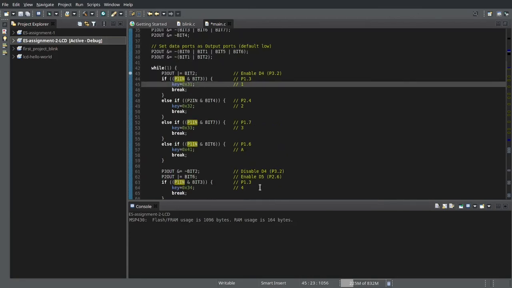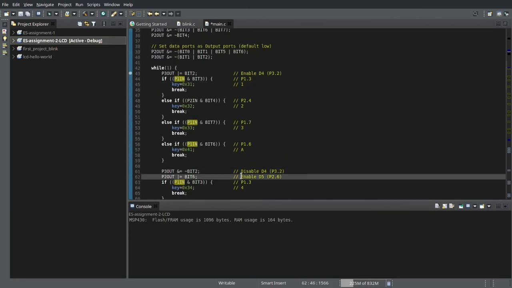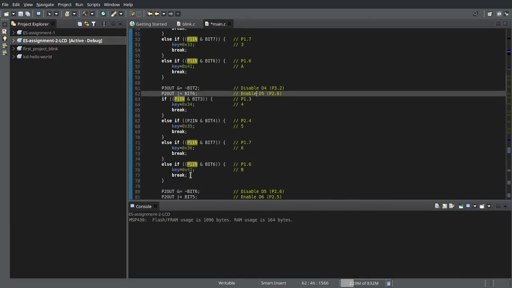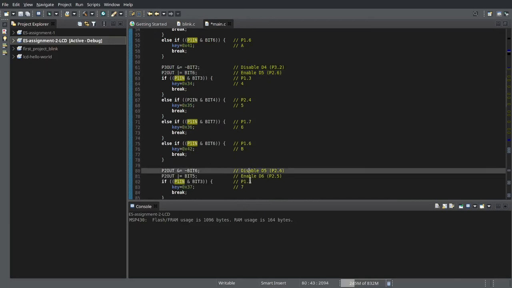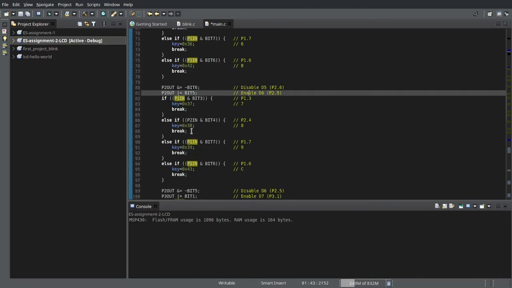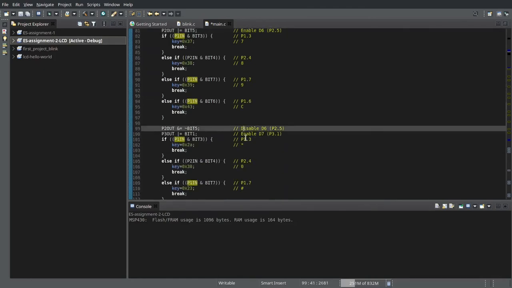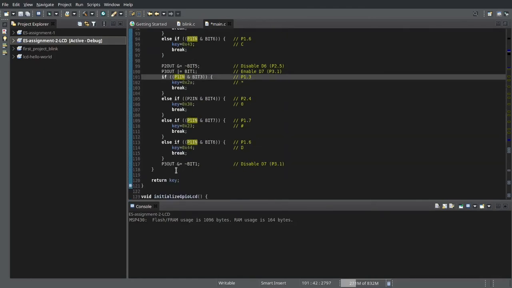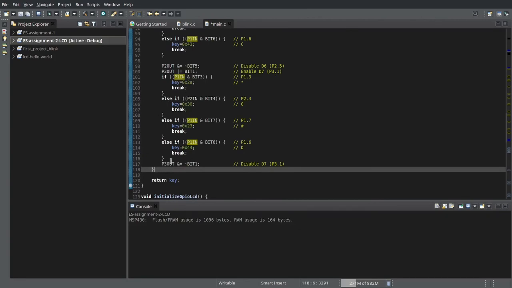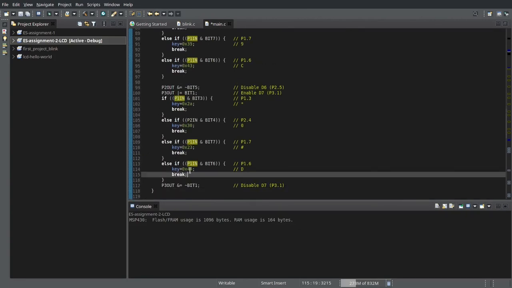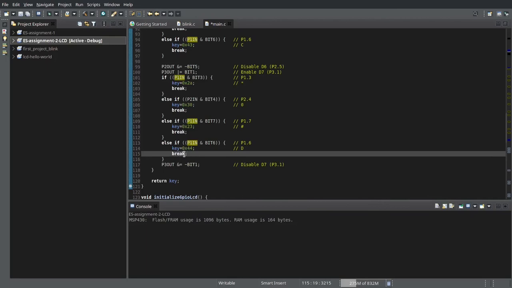After checking D4, we disable D4 and enable D5, and then again we check all the input ports. Then we disable D5, enable D6, and do the same, and then we disable D6, enable D7, and do the same. This while loop runs until a keypress has been obtained. After the keypress has been obtained, it breaks out of the while loop and returns this